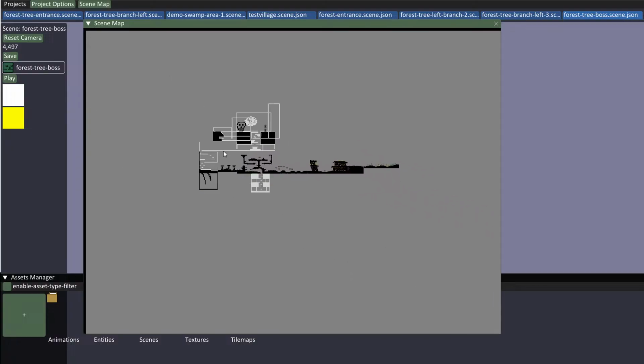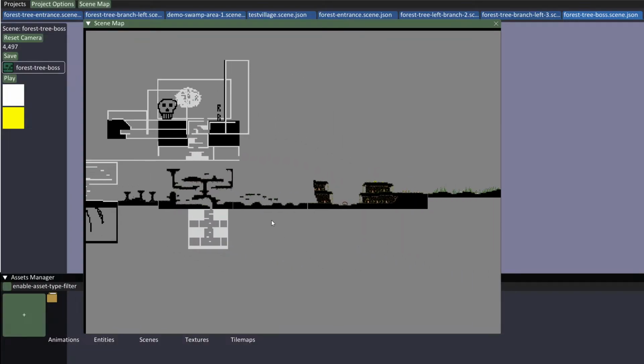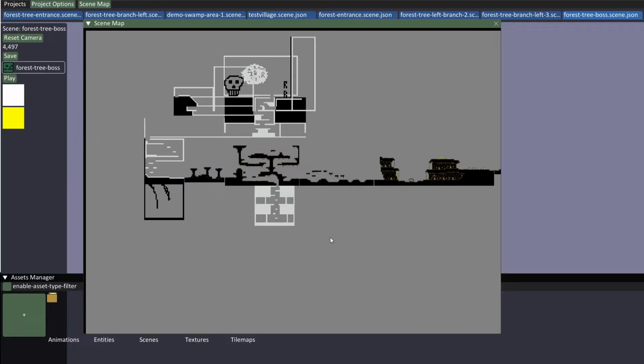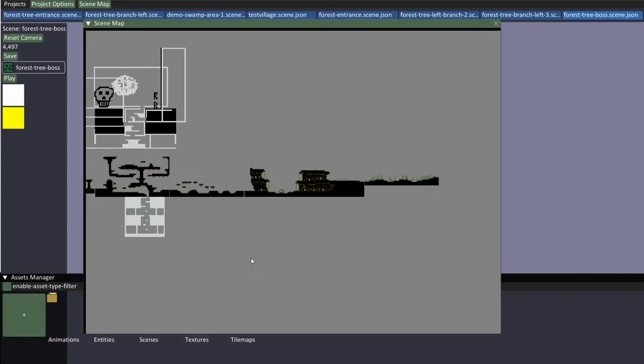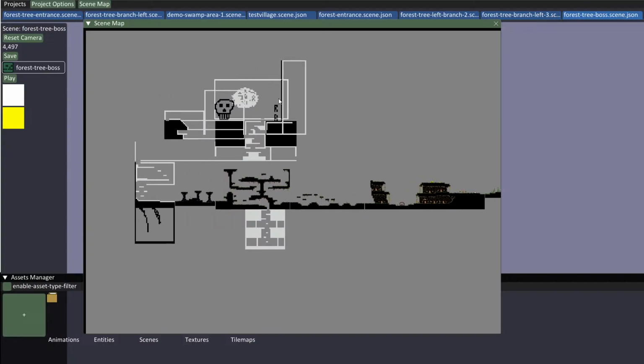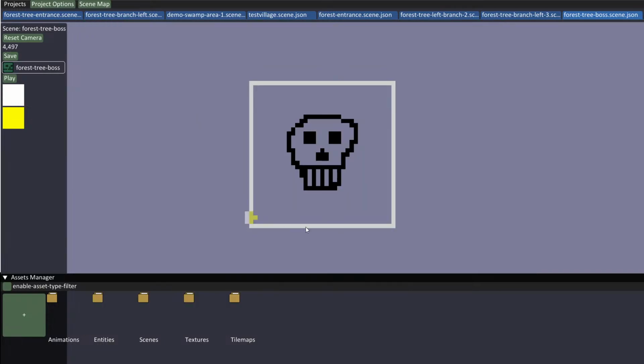So yeah, very cool, and very nice that we can just jump over to maybe we can also add an easier way to add more scenes. Like, let's say I'm going over here and I know that to the right I'm gonna have a trigger that opens to the next scene,